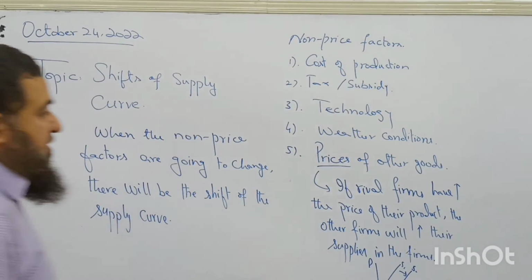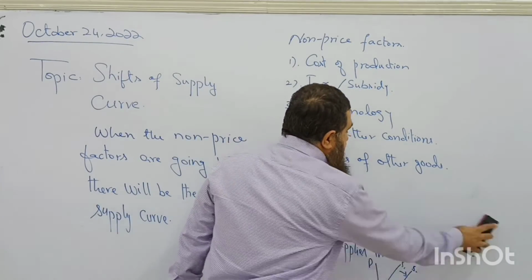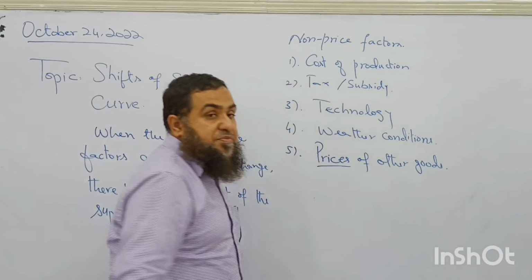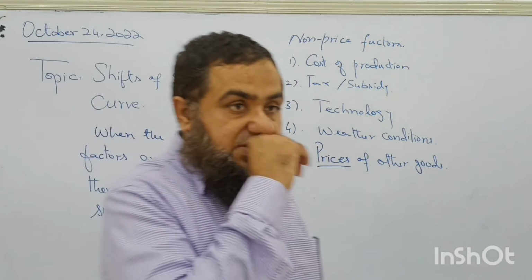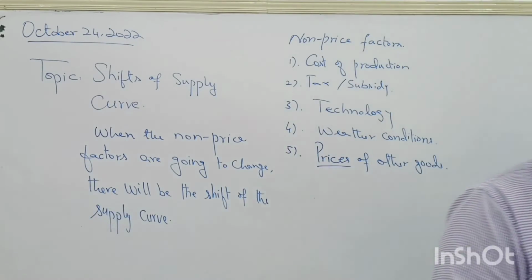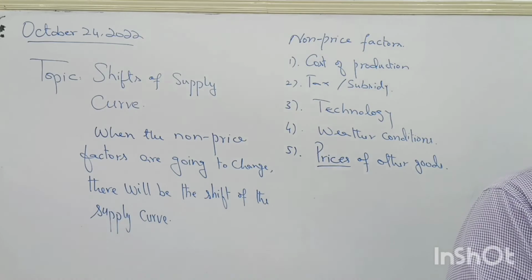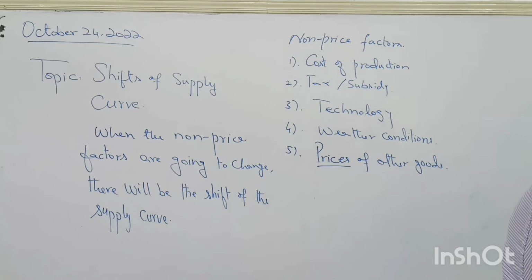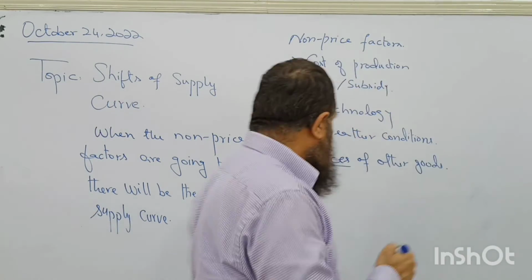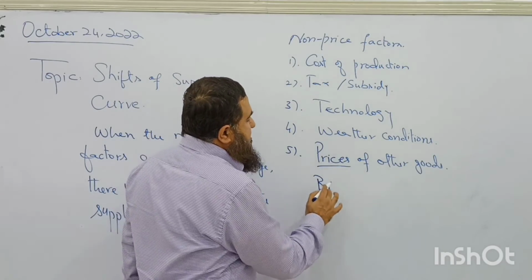Do you have any idea about byproducts? What do you mean by byproducts? Byproducts are those products which are jointly produced. For example, when a paint firm is producing paint, a chemical reaction will take place along with producing paint. They are also able to produce other products, other chemicals which can be used in the manufacturing of other goods like medicines or something like that.